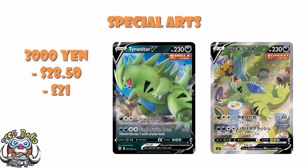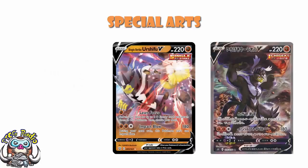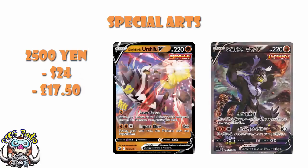Now, after that, we've got the Single Strike Urshifu, which is coming in at 2,500. 2,500 essentially comes out to somewhere in the region of $24 or £17.50. And what we've got here is just a good deck. I showed you a winning Urshifu V deck the other day, so there is going to be an element of that. But also these special art cards do look to be bringing in some value. I can only imagine that the pull rates on the V Maxes are very, very low, because otherwise I'm not sure why they would get to